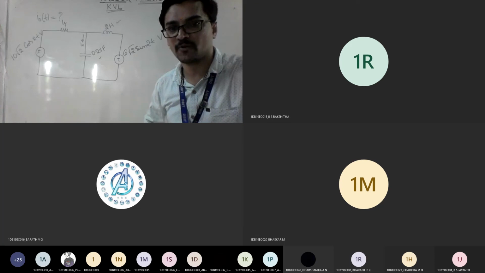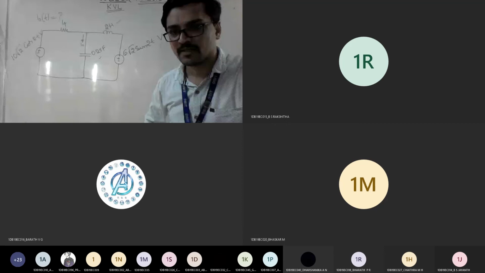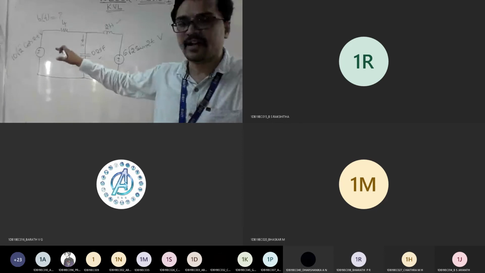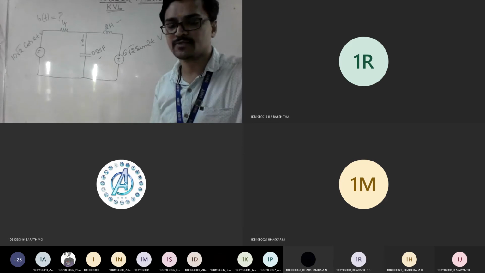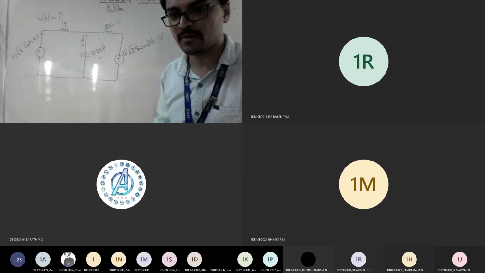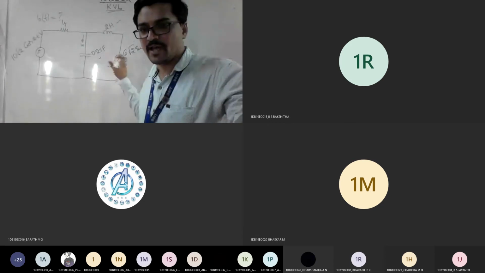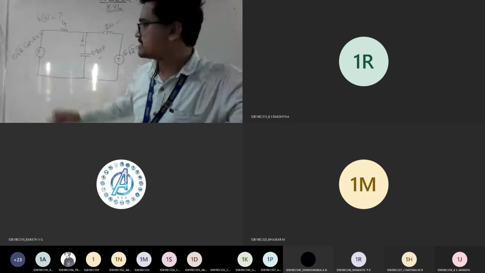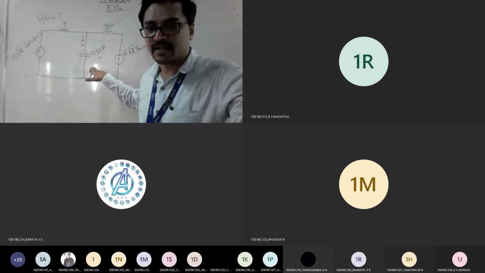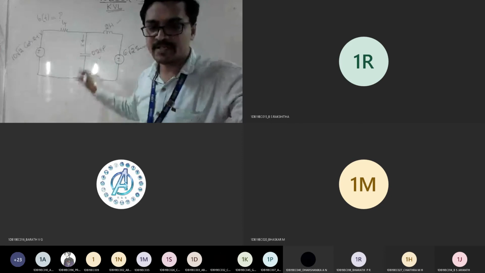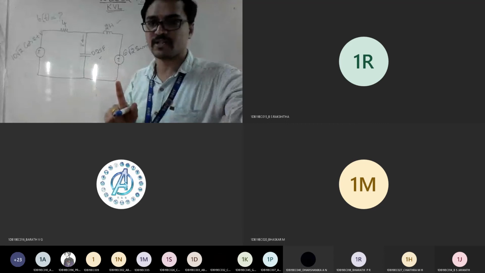Are they normally given in terms of volts, or has some angle been incorporated? Earlier you used to get 10 at an angle something, right? But here they are given cos 2 theta, sin 2 theta. Whenever you face such a problem, you need to convert this network into a form suitable for mesh analysis. Straight away I can't apply mesh analysis for this. We know that wherever RLC elements are there, there should be a complex term. But instead of that, they have given a value. So I should convert to a complex term, that is the first logic.